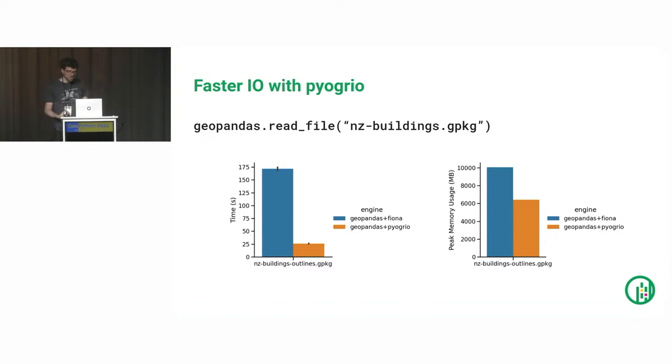The main reason for this is that Fiona is a very nice library, but a general purpose library for iterating through features of the data sets. While for the use case of GeoPandas, we don't necessarily want to iterate through features. We just want to get those features in bulk because we want to build up the whole data frame, and we don't necessarily need a Python interface to iterate through those. And essentially, that's what pyogrio does. It just does the iteration, instead of at the level of Python, in C, builds up the whole array,